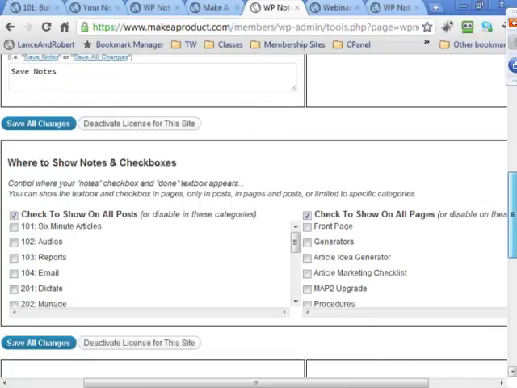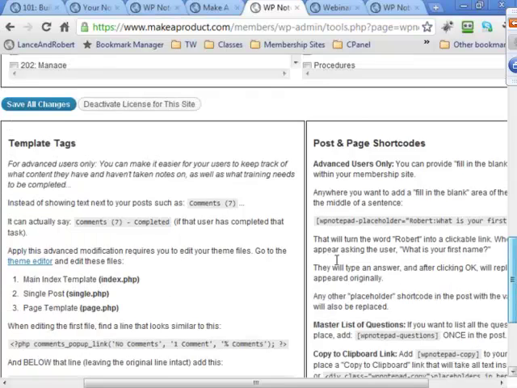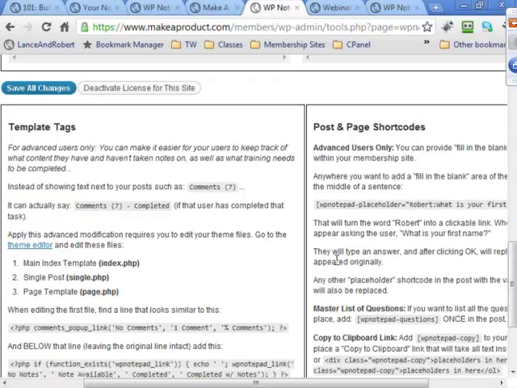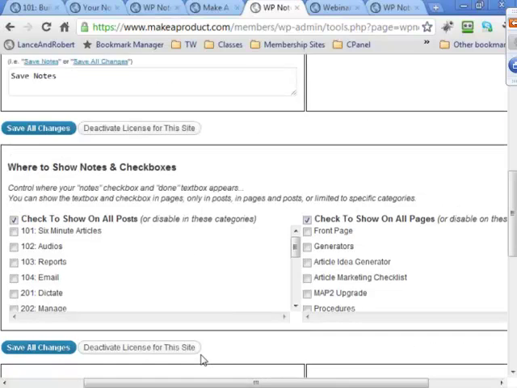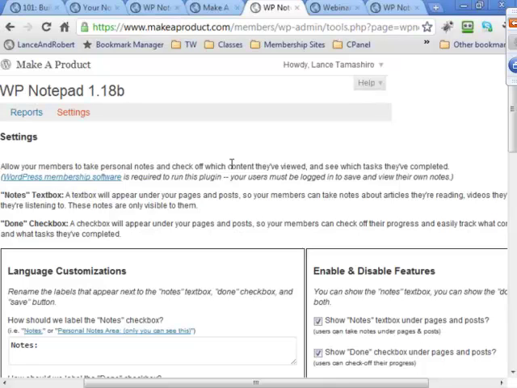Pretty awesome. And then down here we've got some advanced features, and I'm not going to go into this just yet because I want to show you these things. What we've showed you is awesome. What we're about to show you is like the coolest thing I've ever seen inside of a membership site. And yes, Tom, it works just with a blog. It's a plugin. You just have to create, like Robert said, a manual user in your WordPress, and this will work for each user that you have in your WordPress site the same way. And I'll show you that here in just a few minutes as well.